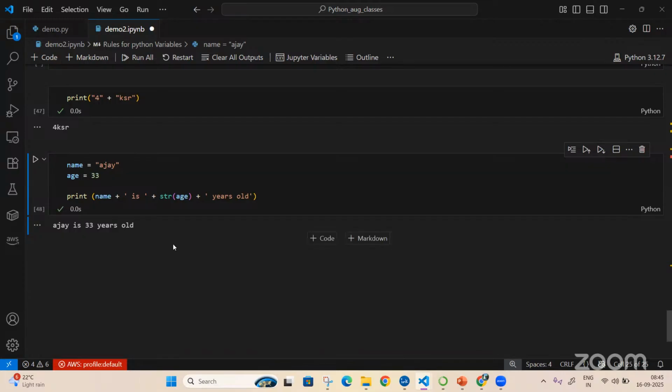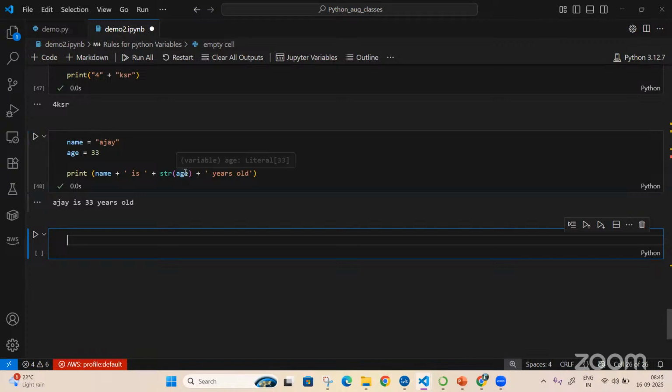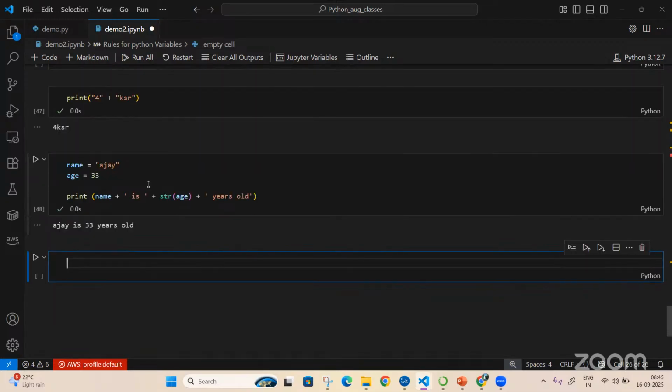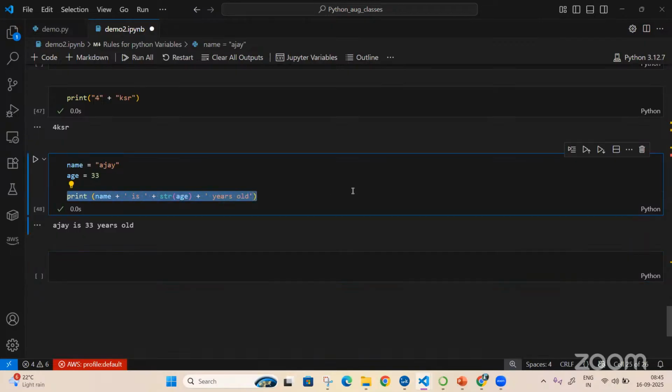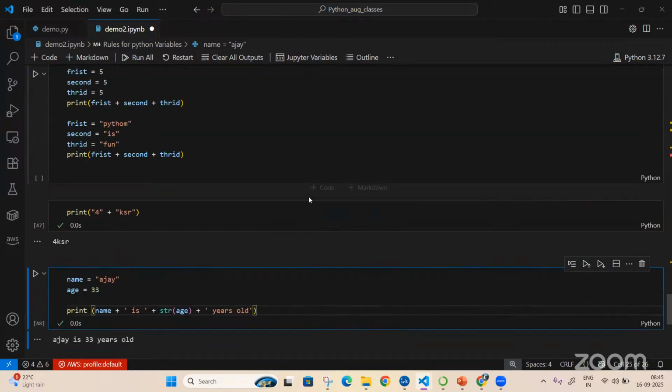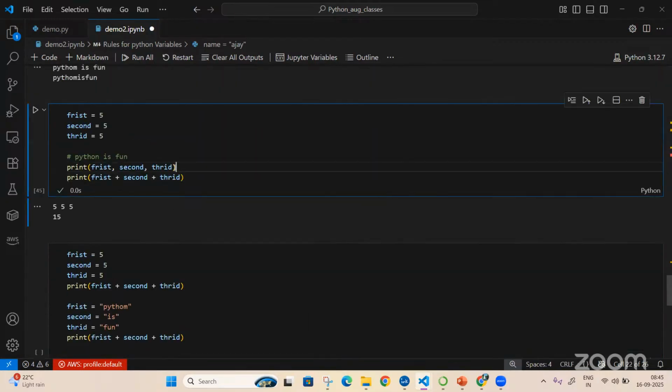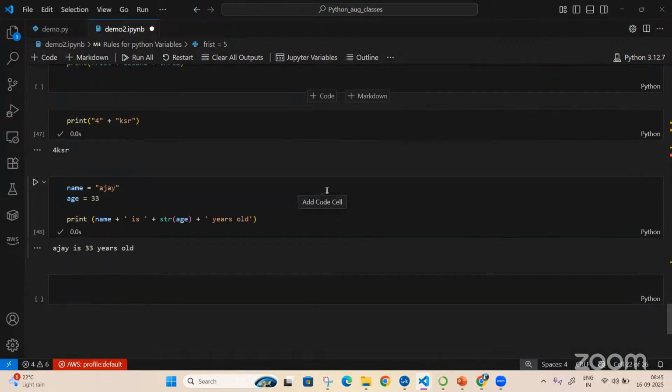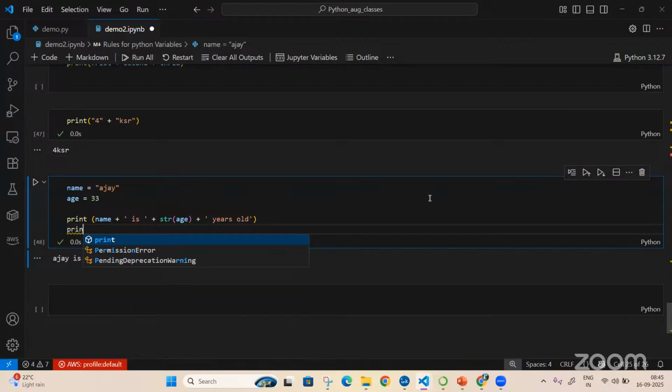Any doubt in this? Okay. Now, is it an easy way to do it like this every time? No. Now, if I want to use a comma, what should I do? I don't want to use concatenation. In this way, I want to write. Can I write? Yes.